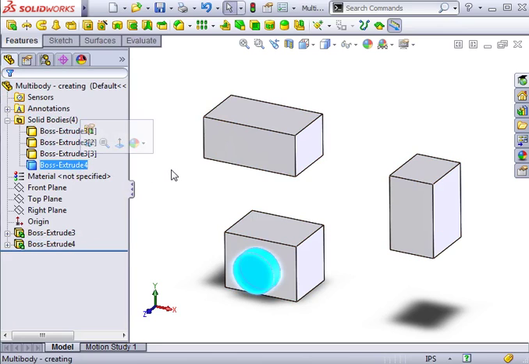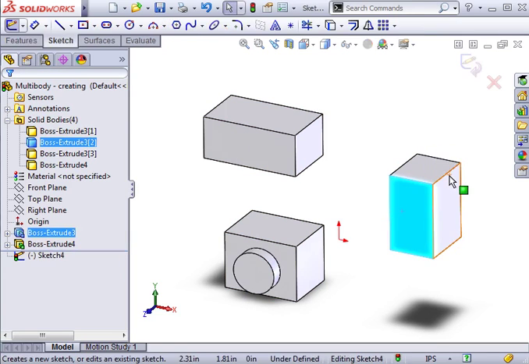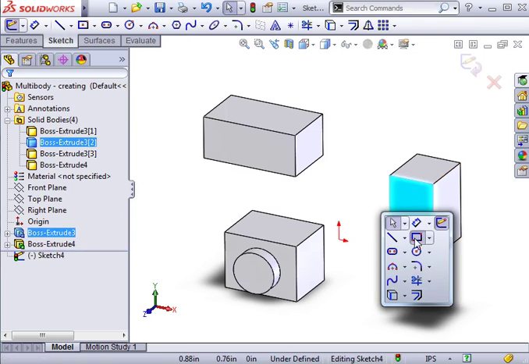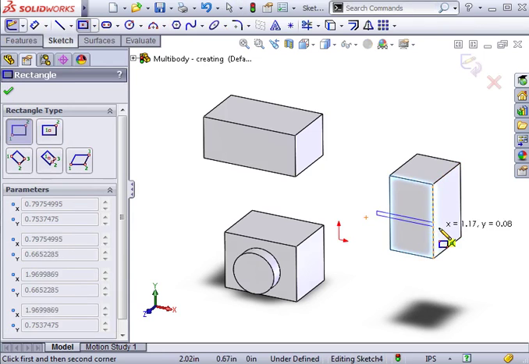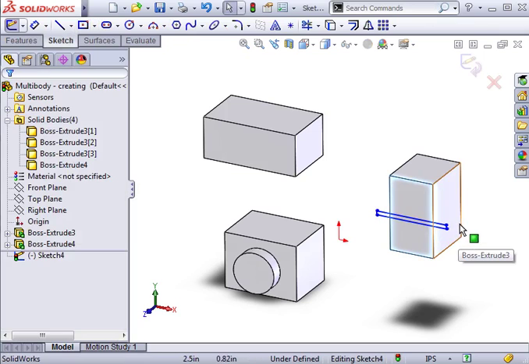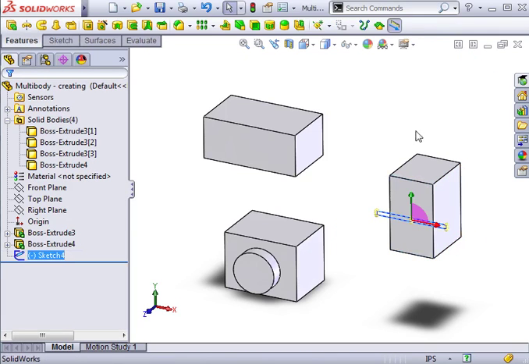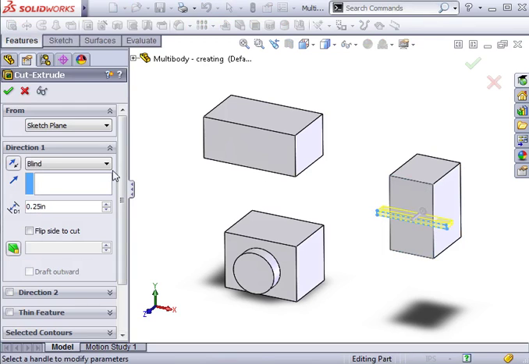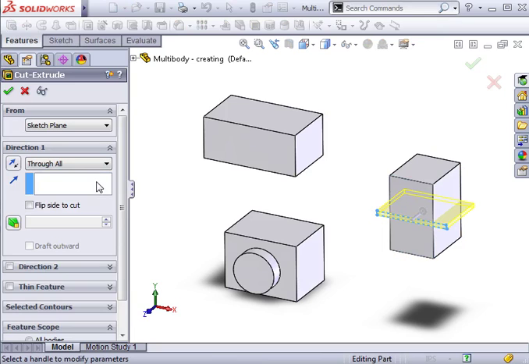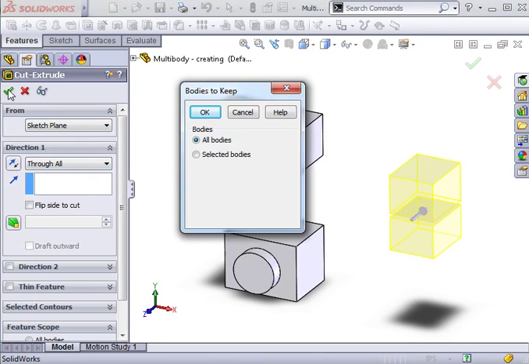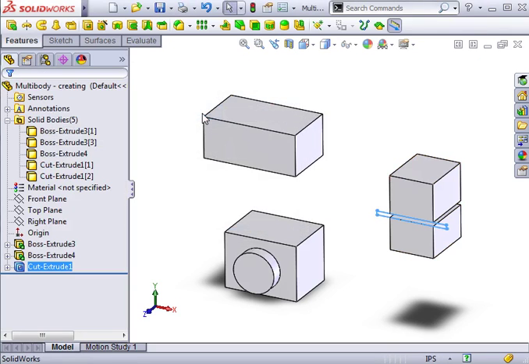Multiple bodies can also be the result of cutting a single body part. An example of this would be creating a cut that separates a body in two. When you do this, SolidWorks will prompt you to select which bodies to keep. I'll select all bodies, and you can see the total number of bodies shown in the Solid Bodies folder is